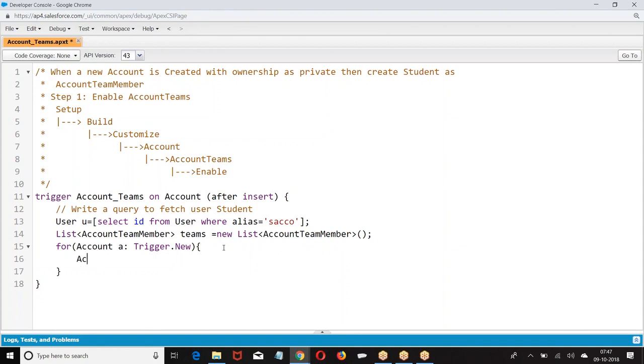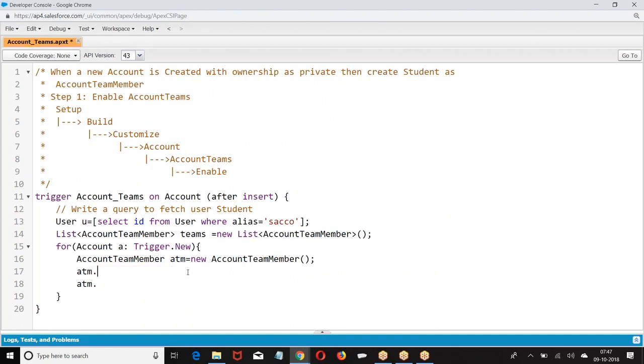Then I'm trying to create a team member, ATM. On which account are we trying to create? ATM dot account ID. On this account we are trying to create.